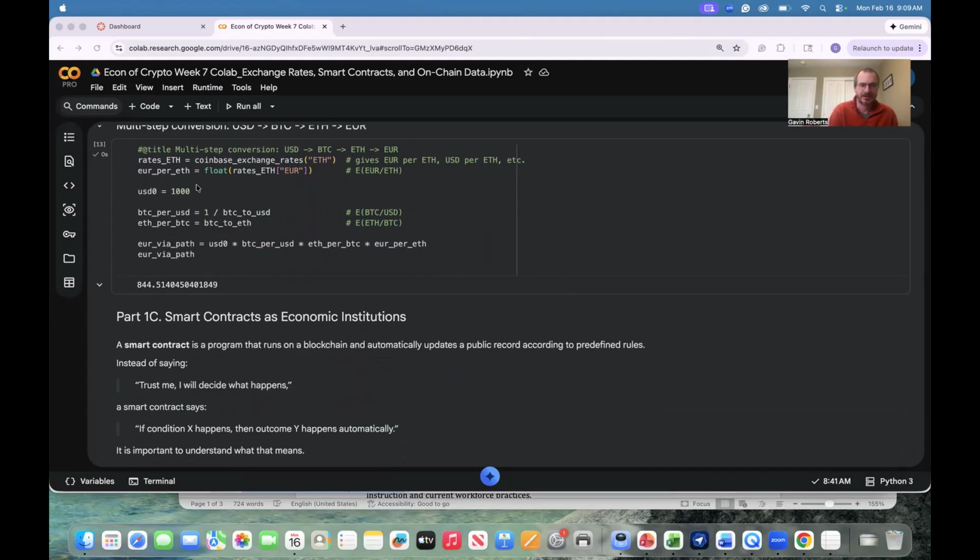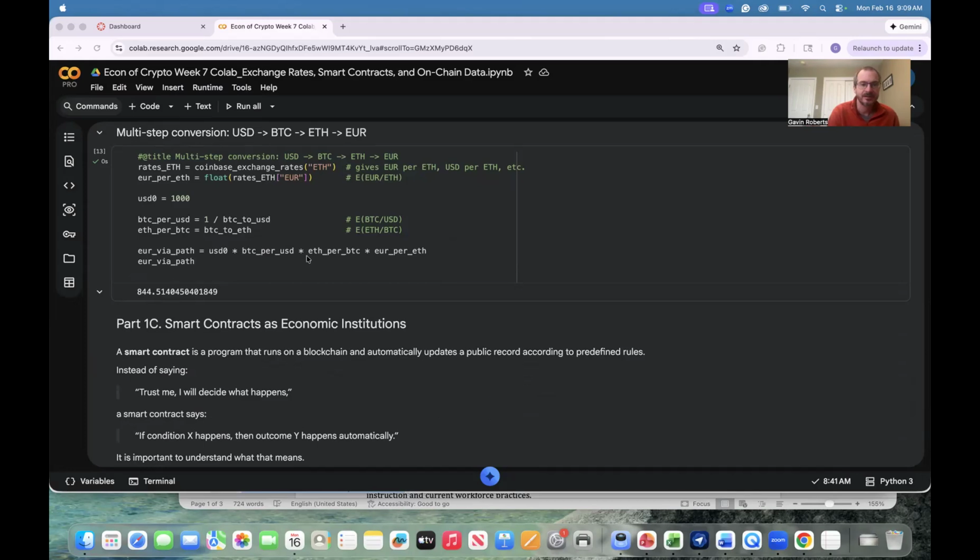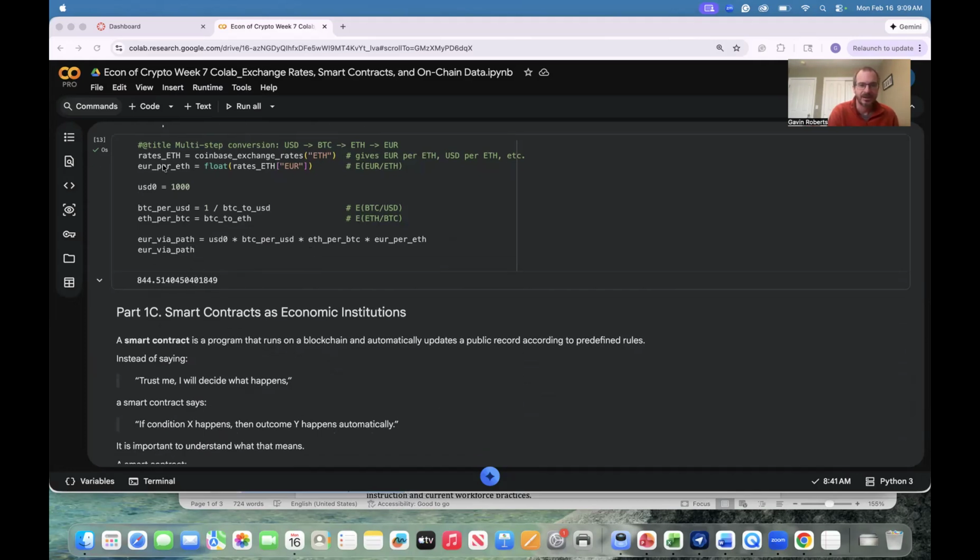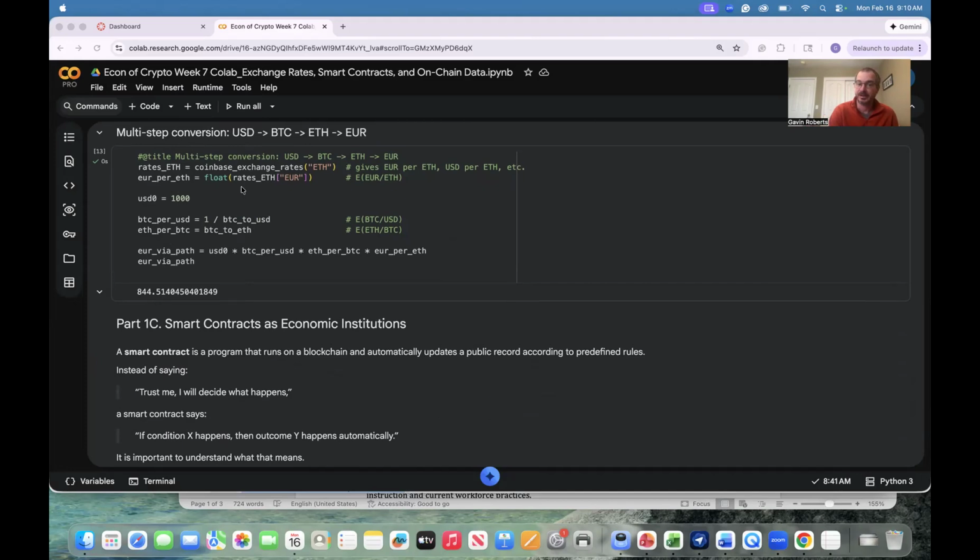And so here's how we could see, from that same API above, how we could make this conversion. We're starting with 1,000 USD, going through Bitcoin and Ether, and we're ending up with about $845, and that is about right with today's US dollar euro exchange rate. So notice we have BTC and Ethereum here, but really what we're getting back is how many euros $1,000 is worth by jumping through those different exchange rates and getting the right cancellations.